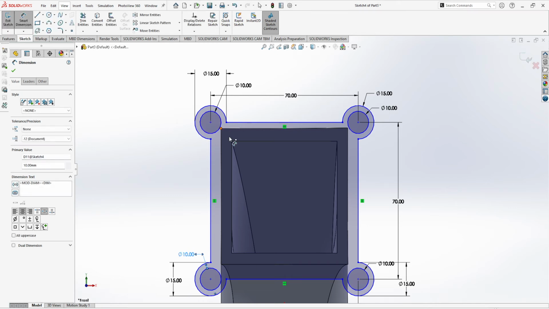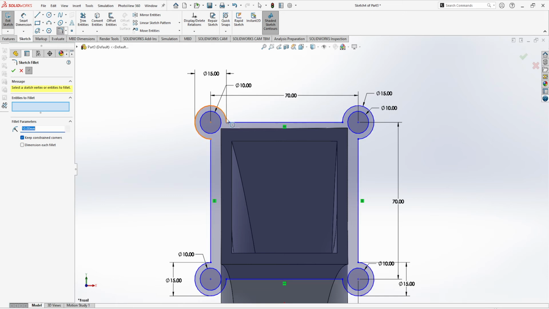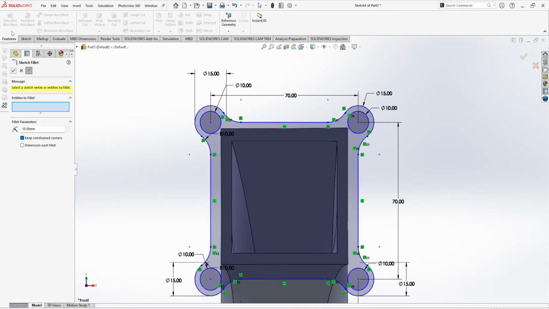For the better look, what we can do, we can go for the fillet part and just simply give it a fillet. This one, this one, this one, this one, this one, this one, and hit OK. Now one more left. So this one. So now these are looking well. Go for the feature, and one thing I have left,